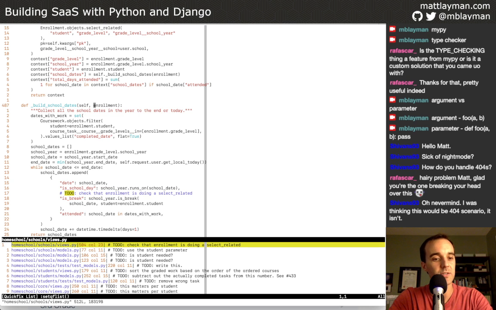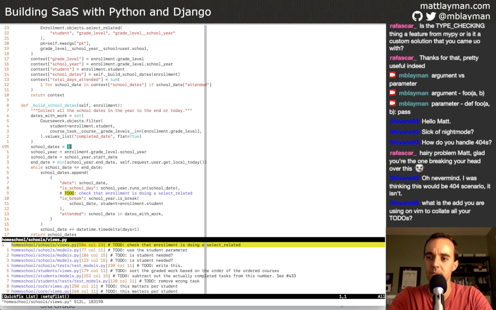So the enrollment has two attributes on it, or two foreign keys. One is to a student record and one is to a grade level. You can see the grade level already being used here, so I'm fairly confident that the grade level has been selected already in the query, because knowing myself, I don't typically skip over those kinds of things.